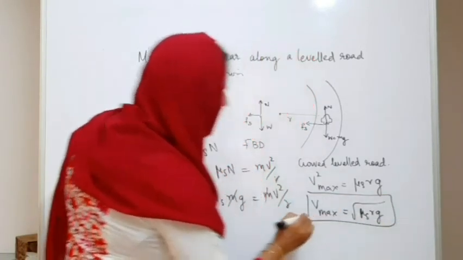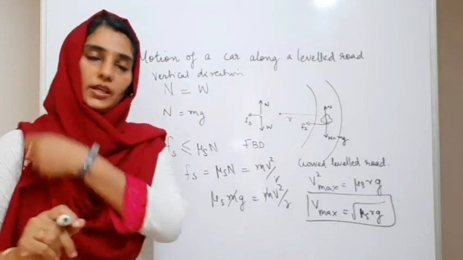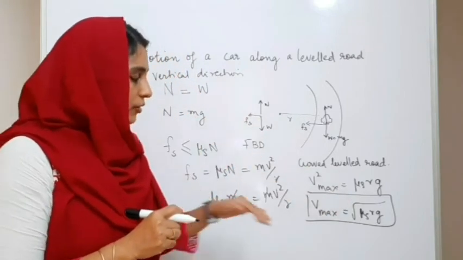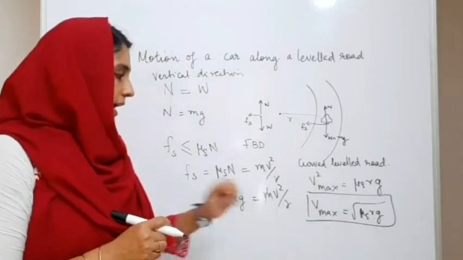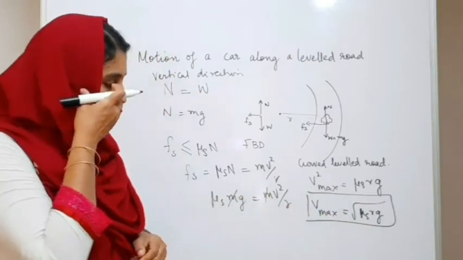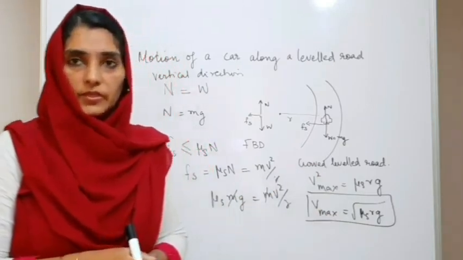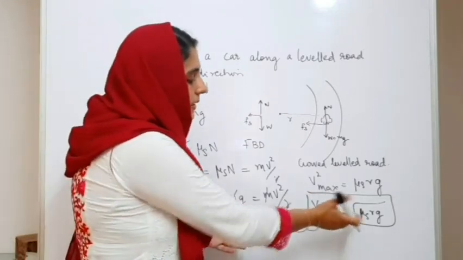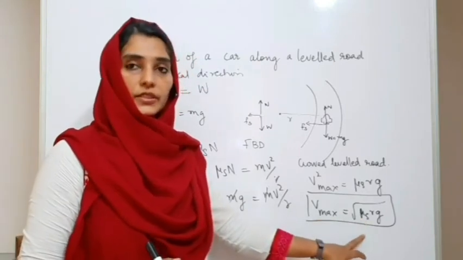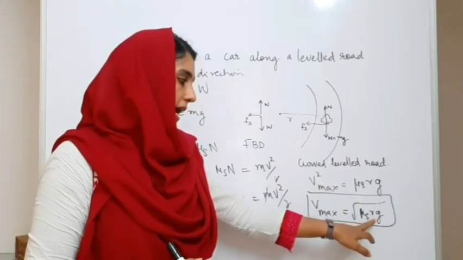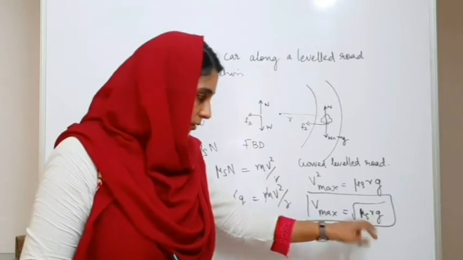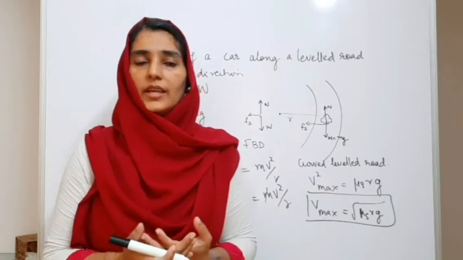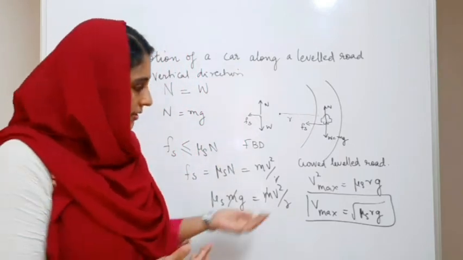So this is the expression for the maximum speed with which a car can move around a circular path, which is a leveled road of radius r, and mu s is the coefficient of static friction. So we can see that the maximum speed depends upon the coefficient of static friction, which is a constant for a pair of surfaces, and it is also directly proportional to the square root of r, which is the radius of the circle. So let us find out if we can make any change in this maximum speed